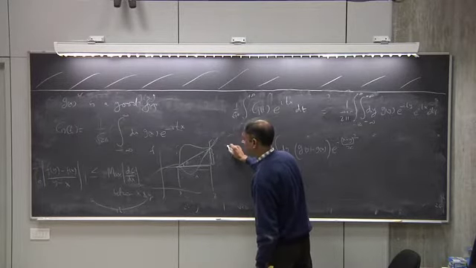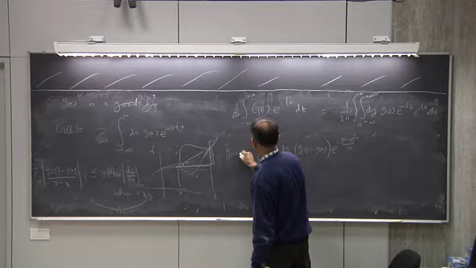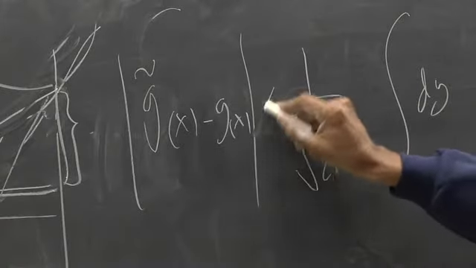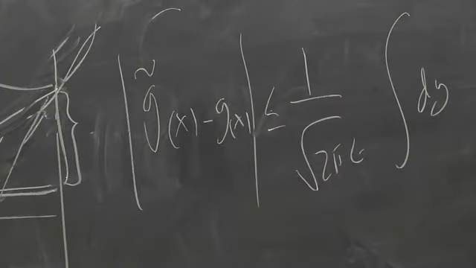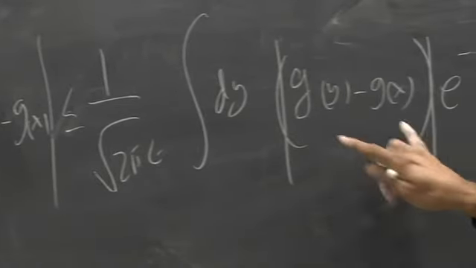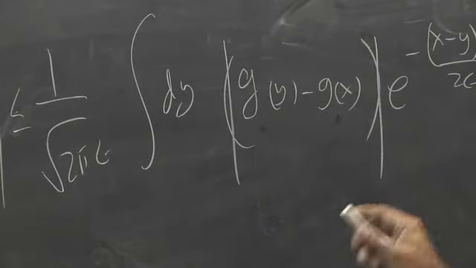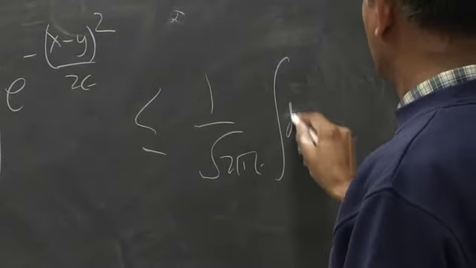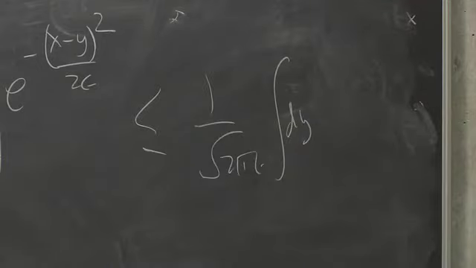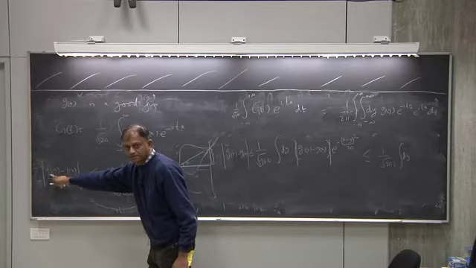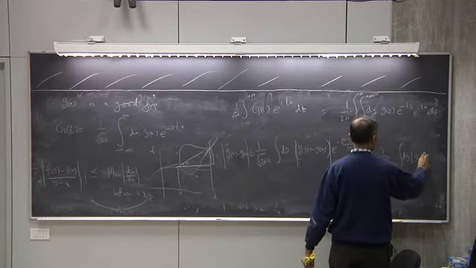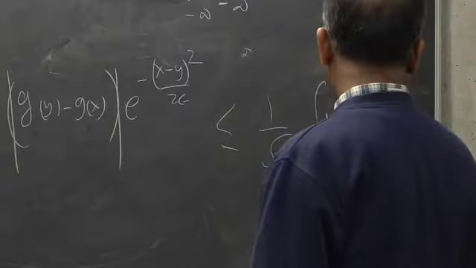This is g tilde x minus g of x, right? This is equal to that. So, let's take the modulus of this. That's going to be less than or equal to the modulus of this integral, right? But this guy is less than or equal to 1 over root 2 pi epsilon dy. And now I use this, just instead of f, you replace it by g. So, this is less than or equal to the modulus of y minus x times the maximum